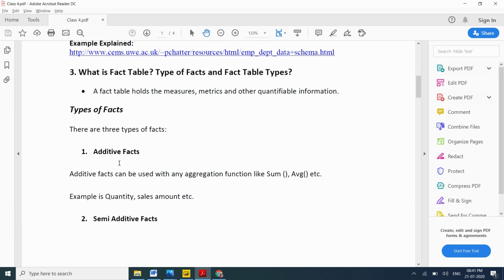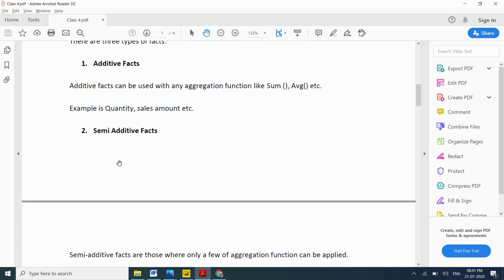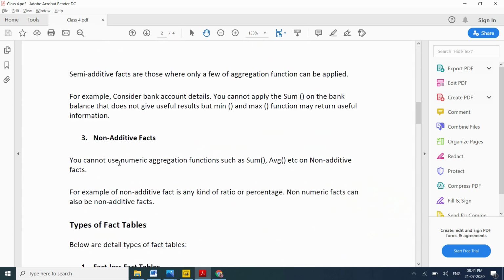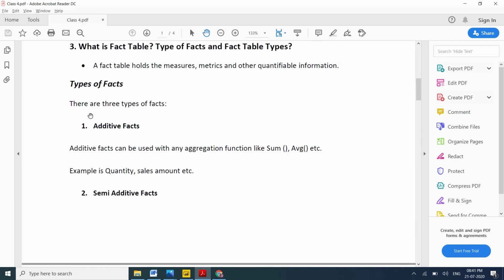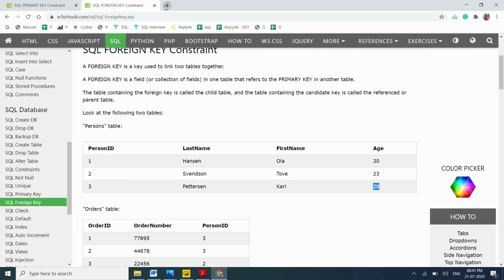First one is additive facts, second one is semi-additive facts, third one is non-additive facts. Types of facts, don't confuse. Additive facts can be used with any aggregation functions like sum, average, everything we can do. Aggregation functions are nothing but sum, average, minimum, count, maximum. So all those things you can find in Google also, aggregation functions